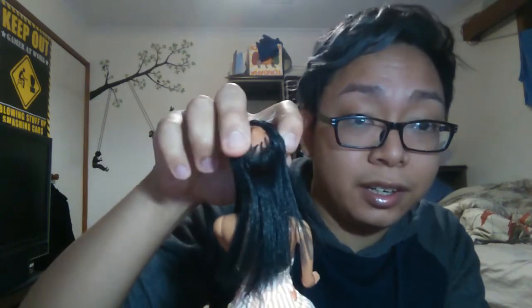She is missing a lot of hair in the back in terms of rooting, but with the hairstyle this way you can't really see an issue with it, so I've been kind of lazy about rerooting that. And she also sent me a Slow and Style Grace head, but it's in the other room with all my other dolls, and I'm kind of lazy about going to get that. And so yeah, the last doll that I've got this week was the